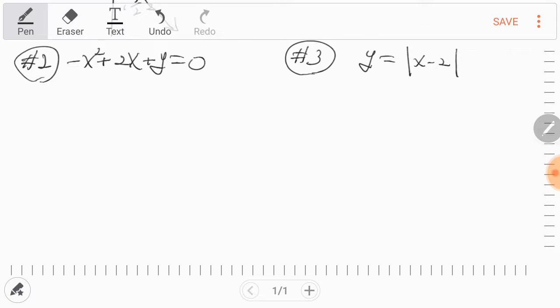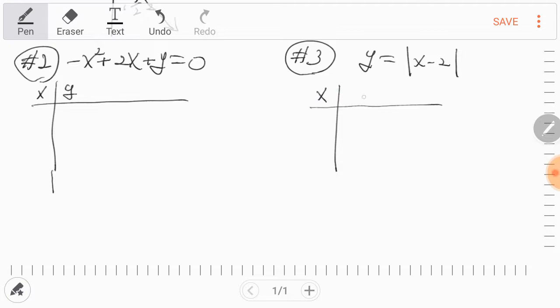constructing a table. So use a given x value and find the y value, so that we can just plot all these numbers. For a given x value, find the y value, and then plot all these points. So this is actually not convenient. We have to find a lot of points. Okay, for this quadratic,